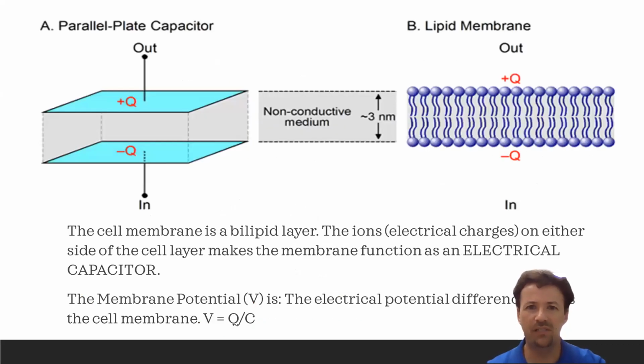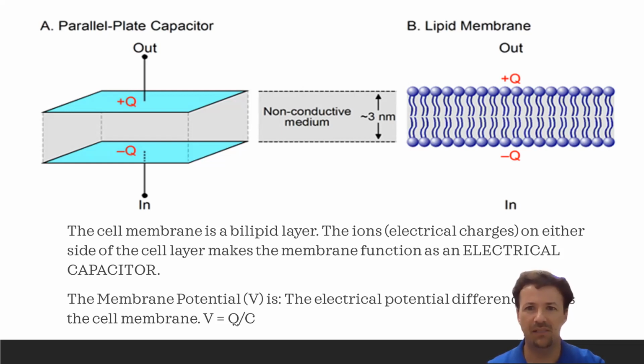Now, the first thing we need to understand to appreciate the resting membrane potential is it's really an electrical system that is being set up here by the body. It's a biological system, but it's also an electrical system. And you can look at the resting membrane potential simply in terms of electrical currents. We're not going to do that today, but I just want you to appreciate that the cell membrane, which you've studied extensively in the past,